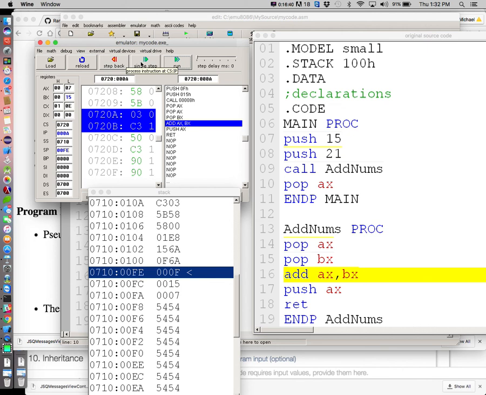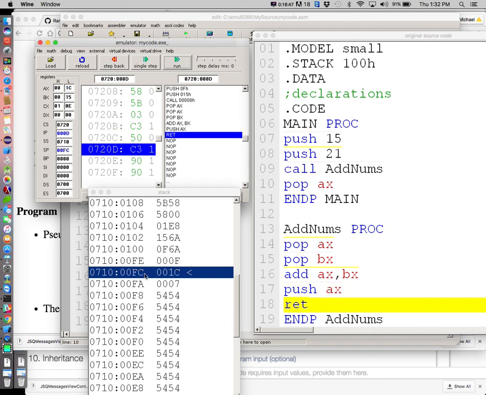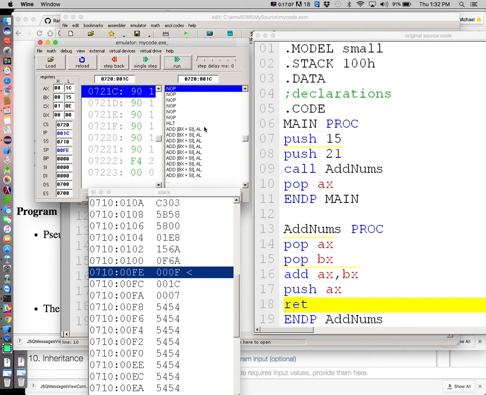Then we want to add those guys together, storing the result in AX. There's our 1C, and then we'll push 1C back onto the top of the stack. So that's our top of the stack right now. Then when we hit return, nothing happens, because this return statement looks at the top of the stack to get us back where we came from. And it had remembered a 7, yet we have a 1C in there. So when we hit that, there's no ops there, and because it's looking at 1C as the next instruction pointer, it doesn't get us anywhere. All right, so